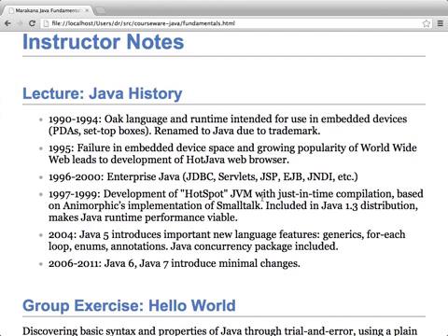Just a quick lecture on the history of Java, since I know that some people have actually seen Java before, like 12 years ago or 15 years ago, or something like that. Java's actually pretty old now. It started out as a project within Sun. Sun had always been doing a lot of systems development,